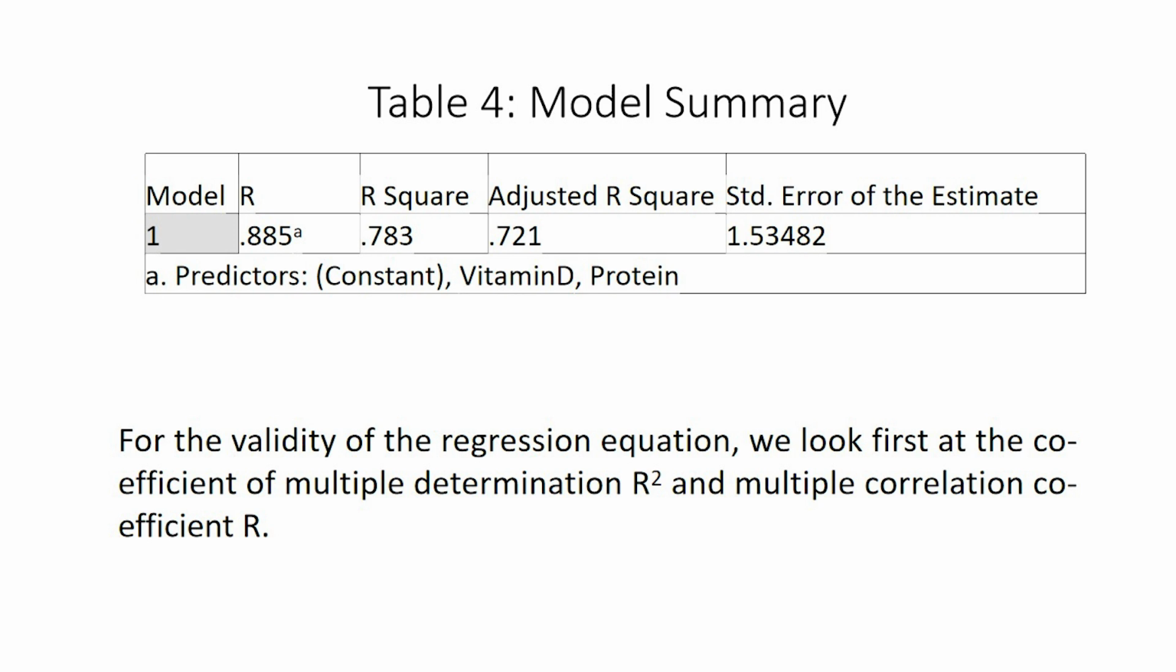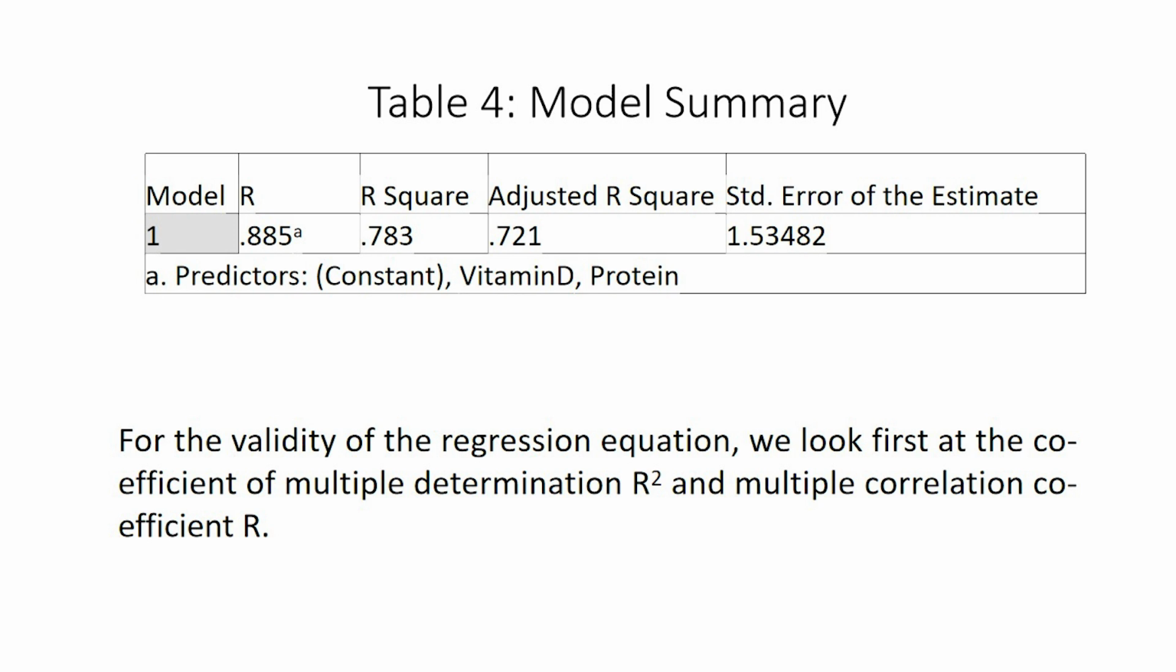For the validity of the regression equation, we look first at the coefficients of multiple determination R square and multiple correlation coefficient R. In the model summary given in table 4, for the given case R square is equal to 0.783 and R is equal to 0.885, which is a satisfactory one, indicating that the preference rating Y is linearly related to protein intake X1 and vitamin D intake X2. It tells that 78.3% of the variation in Y is explained jointly by the variations in protein and vitamin D intake,